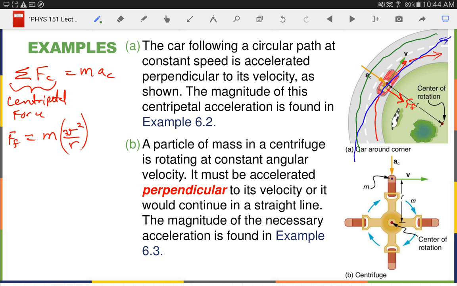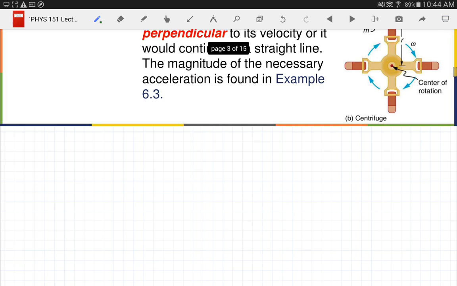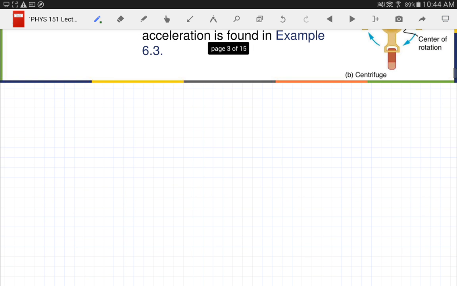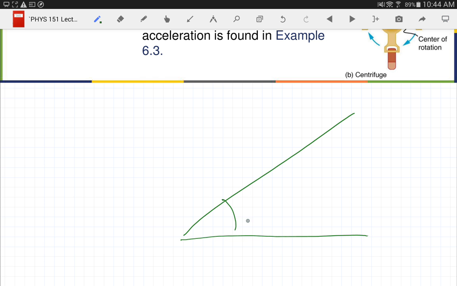Now, that brings us to banked curves. Why do we have banked curves on racetracks? Okay, it's so you don't have to rely on friction as much. When we do banked curves, we tend to draw them like this and just show a side view at angle theta. And you have the car on this banked curve,